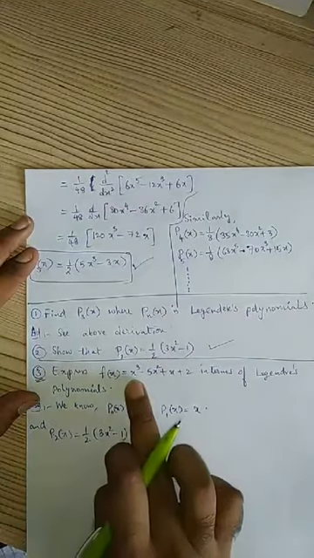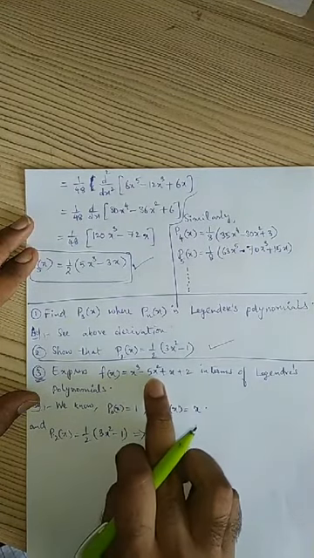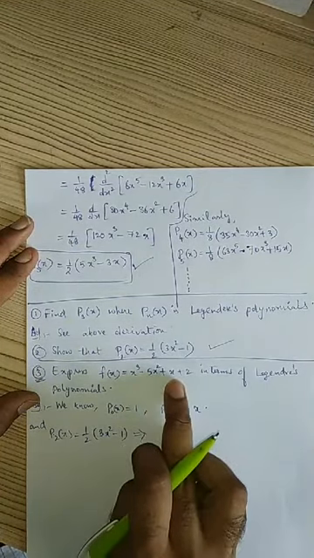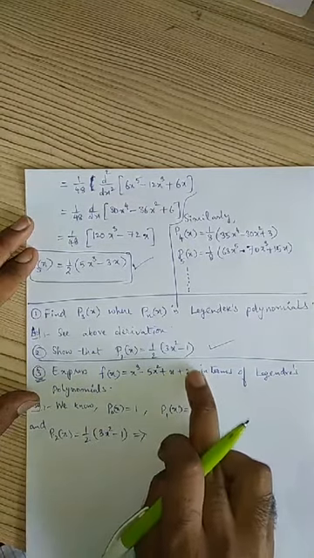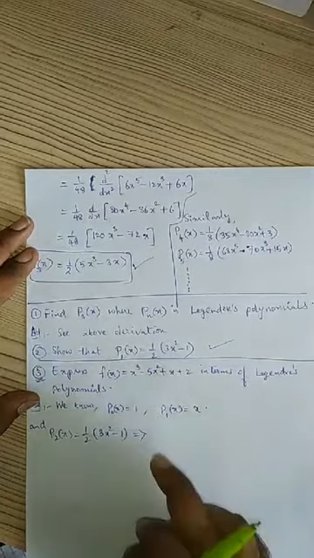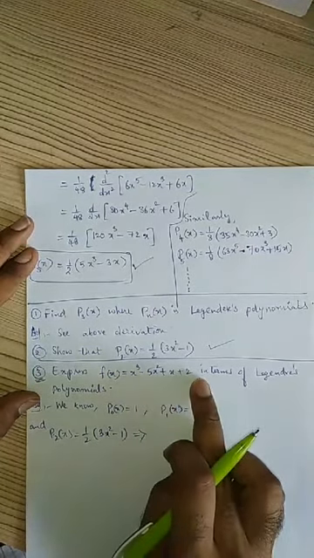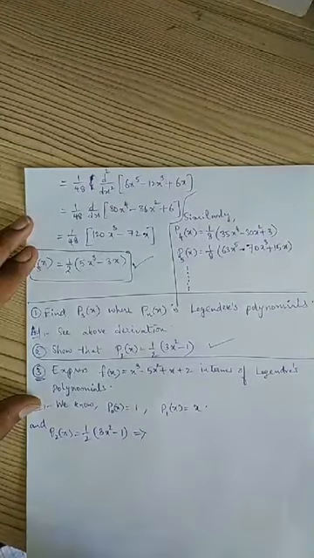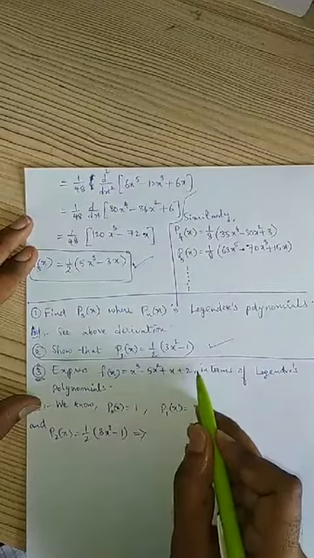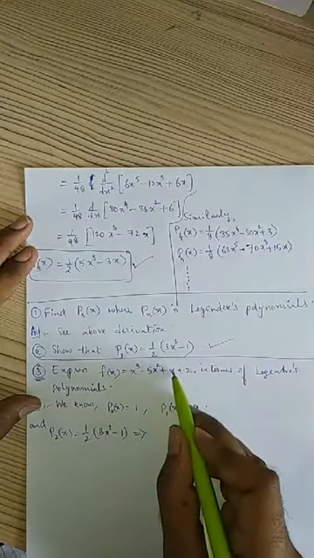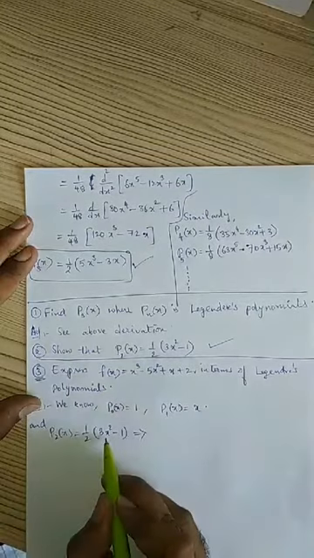So we have to replace x cube with the corresponding Legendre polynomial, x square with the corresponding Legendre polynomial, x with the corresponding Legendre polynomial, and 2 into 1. 1 is nothing but P0. So like that we have to replace all these, x cube, x square, x and 1, with the Legendre's polynomials. I got 1 is P0. X is P1. Similarly I have to find x square. From this I can find x square.